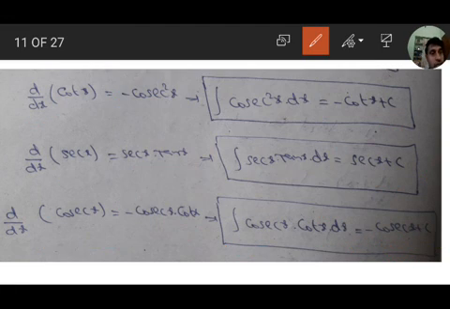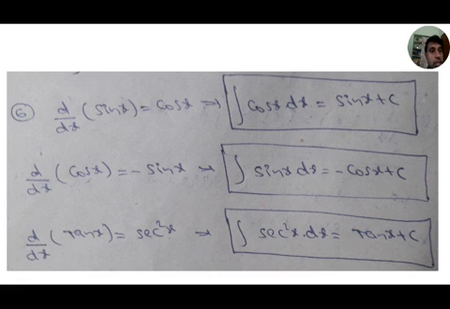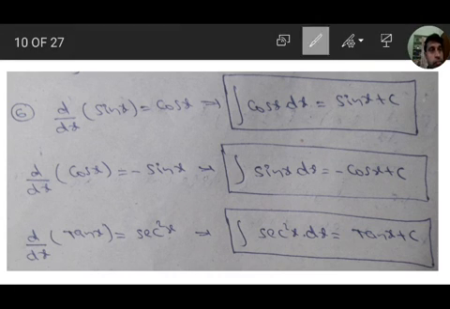For the trigonometric functions, we got integrations of cosec x into cot x, sec x into tan x, cosec square, cos x, sin x, and sec square. The integrations of tan x, cot x, sec x, cosec x are not there. They will come in the next classes, in the deeper syllabus. These are the basic formulas, derivatives, and based on derivatives we are getting the formulas. Remaining trigonometric functions, integrations will come later.